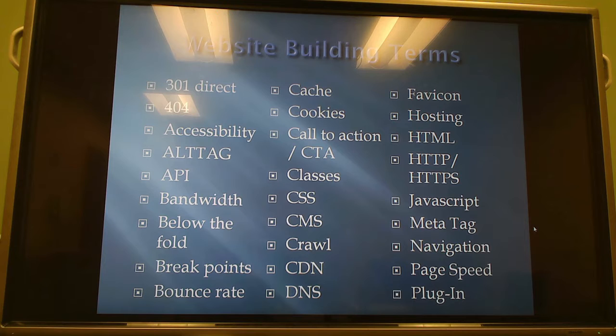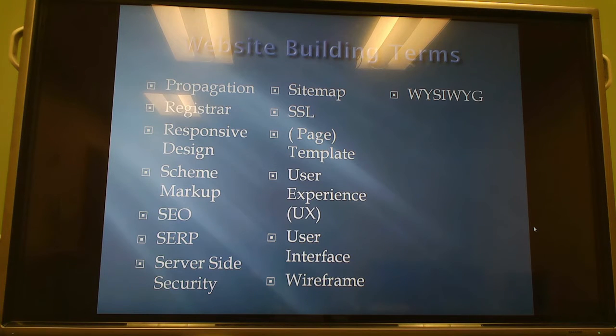301 Redirect, 404, Accessibility, Alt Tag, API, Bandwidth, Below the Fold, Breakpoints, Bounce Rate, Cache, Cookies, Call to Action or CTA, Classes, CSS, CMS, Crawl, CDN, DNS, favicon, hosting, HTML, HTTP, and HTTPS, JavaScript, meta tag, navigation, page speed, and plugin, and propagation, registrar, responsive design, schema markup, SEO, which you